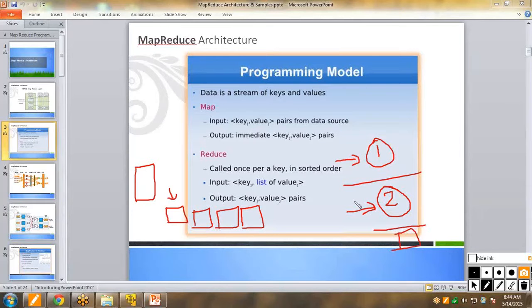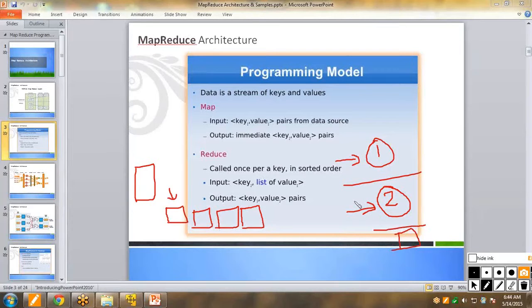Everything goes by the map and reduce cycles, and the syntax is that everything is by key and value pair combination. It could be a collection of values, but there will be a key and value combination everywhere. So what is the need for key and value? The real need of why someone has to go with a key and value approach. Why can't we just have a collection of values? The reason is that